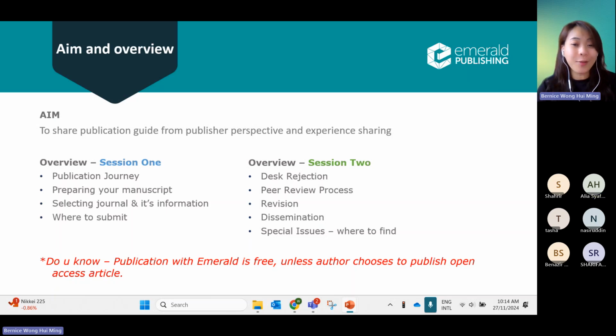Before I start my presentation, do any of you know that publishing with Emerald is free, unless the authors are required to publish an open access article, then they will need to pay the APC. If you do not opt for open access, then there are no charges at all for publishing with all our 300 plus journals.